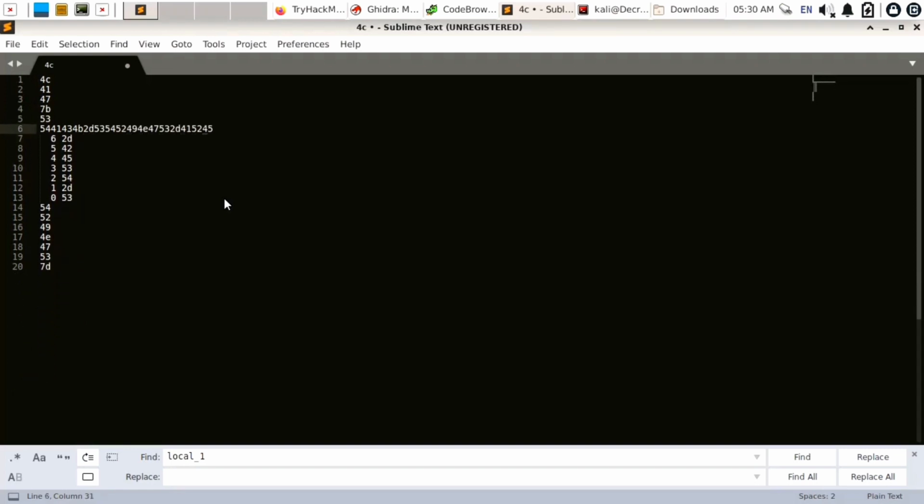Okay, so after removing everything, I'm just putting everything in one line, so it will be easy for us to copy paste everything and convert all the hexadecimal things into ASCII code. So I think it will show us the flag in ASCII code. That's why I'm converting this hexadecimal value into ASCII. You just need to learn what binary, hexadecimal and decimal are, so you will get a better understanding of computer language.